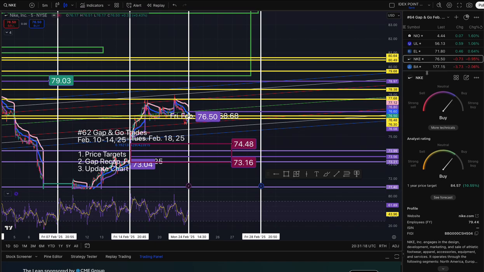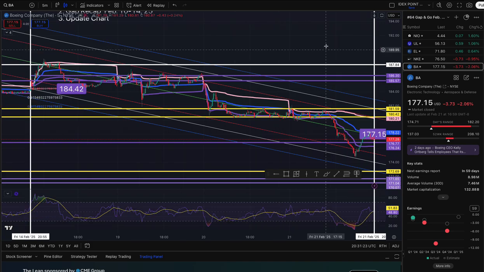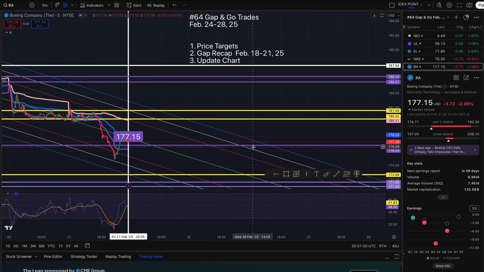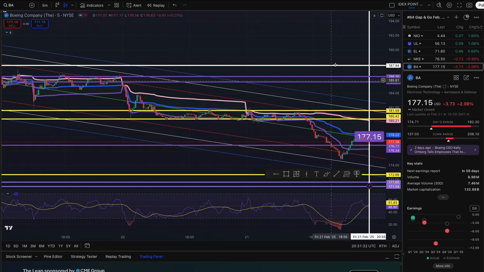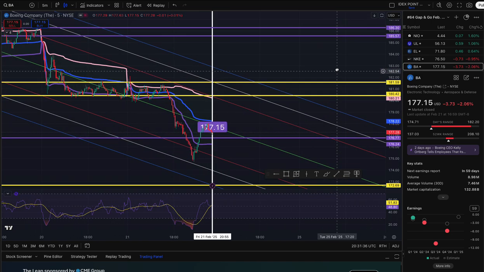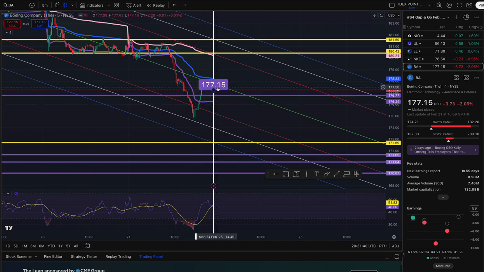All right, the next target is Boeing. You can see the previous week we went from here all the way down to here. In a downward channel, we are still in that channel. All right, here are your price targets. The middle of the trend for this week is right there at